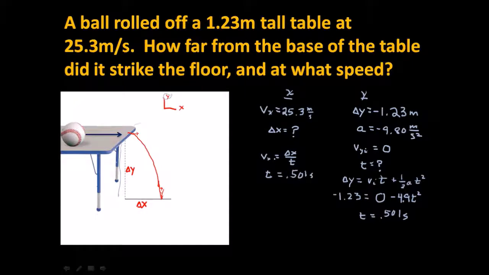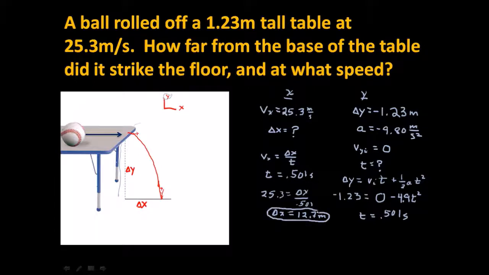And now we can work the problem by writing 25.3 equals delta x over 0.501, or in other words, the displacement in the x direction is 12.7 meters. Now, if you're thinking that's an awful lot, 45 feet or so, you're right, but this ball was rolling really, really